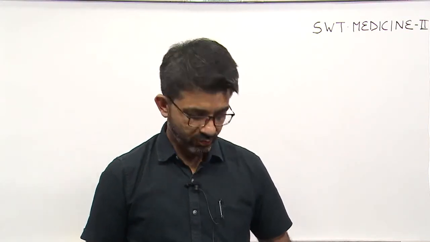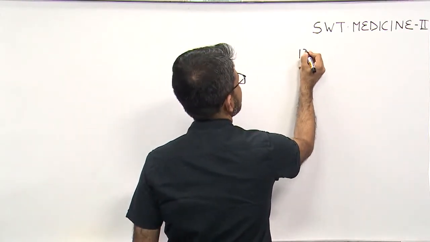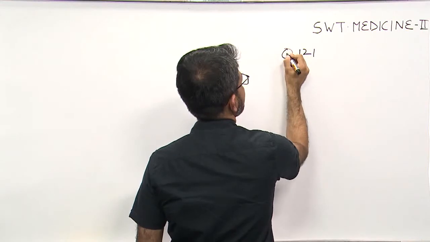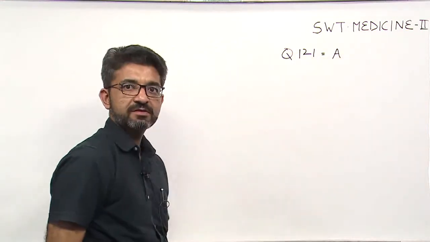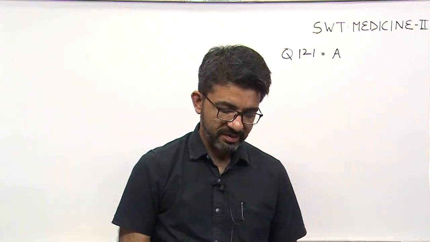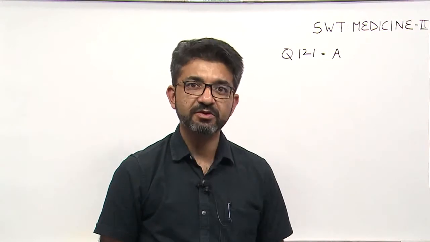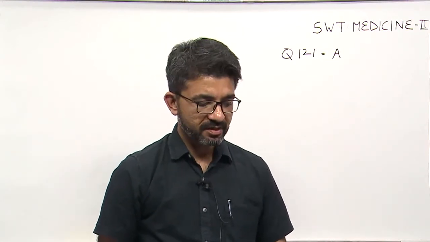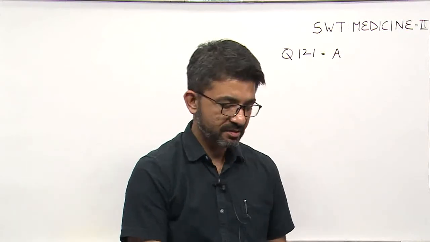So, the next question is question number 121. Answer is A. This is regarding rhabdomyolysis, that is, it can be caused by trauma, prolonged immobilization, burns or crush injury. There are certain cardinal features which we should remember in rhabdomyolysis, that is,